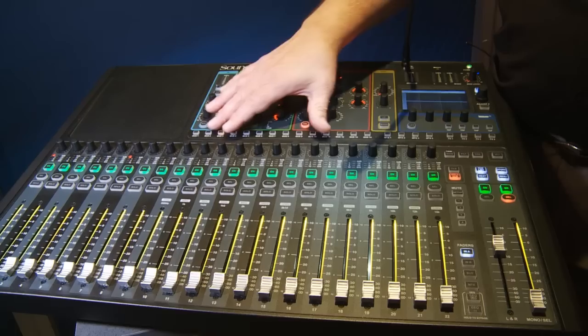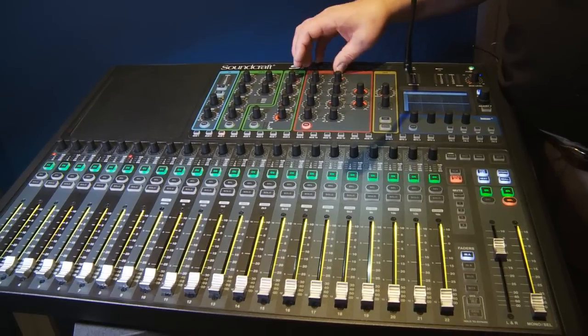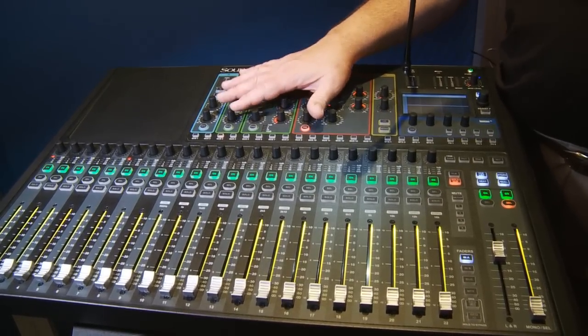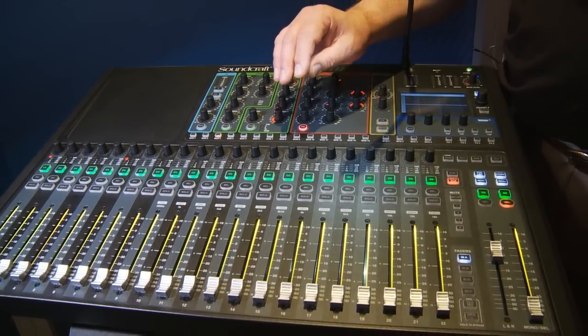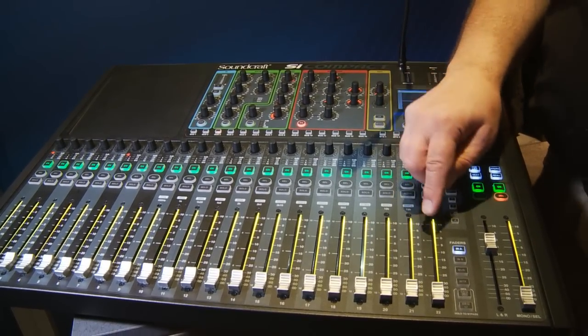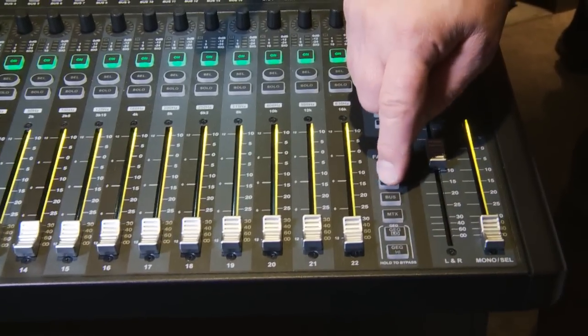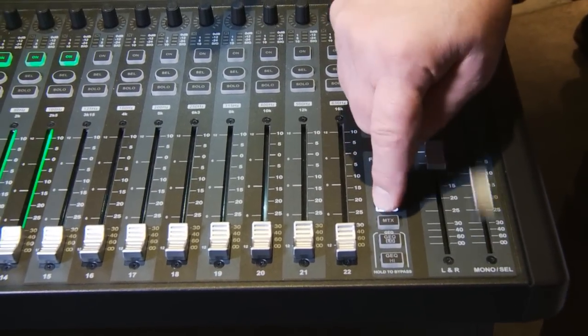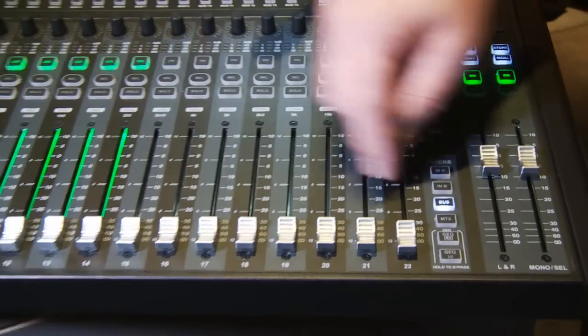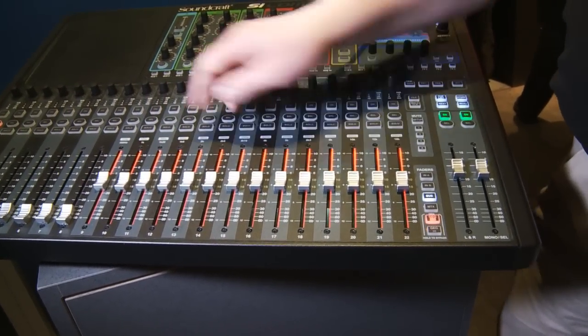All 14 buses have the complete gate, compressor, and equalizer section on them, as well as a full third octave EQ. Now, it's very fascinating the way they've done the EQ on this board, so let's take a quick look at it. You remember the selector switch over here? I had input A, and then I had input B. Now, if I go to the buses, I've got the bus masters. If I go down to here, all of a sudden I get to the EQ section,